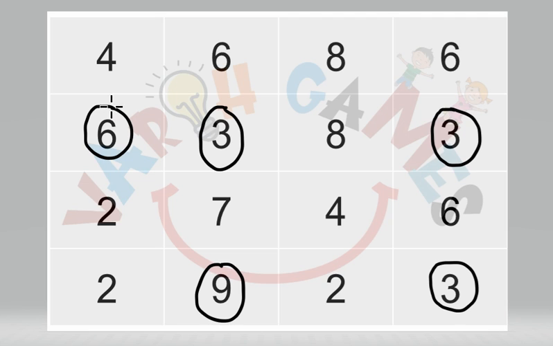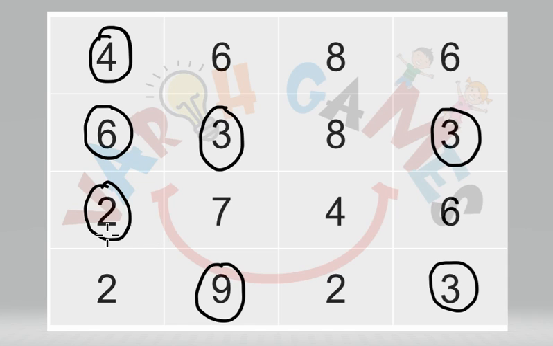Again, over here in this column, we know that 6 is already used. How much more required? 6 more. How can we get 6 over here? 4 plus 2. So 4 we are sure of. We can circle 4. Now which 2? It has to be this 2. Why? Because if we circle this 2, the sum in this row will become wrong. So this 2 needs to be used. So we can circle this one now.